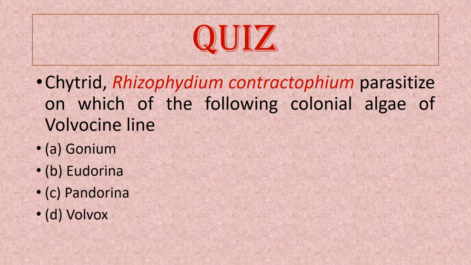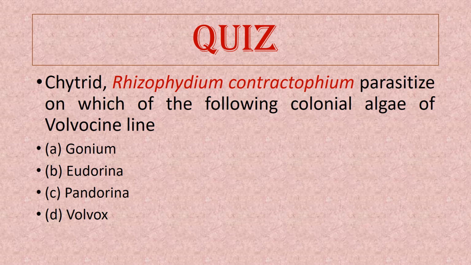So all the fungi of this order Rhizophidiales have two modes of nutrition. One is they parasitize on other algae or even animals, and they also parasitize on angiospermic plants. And the second mode of nutrition is they live saprophytically on organic debris in water. They decompose this organic debris. So the answer to this question is the second option, Eudorina.